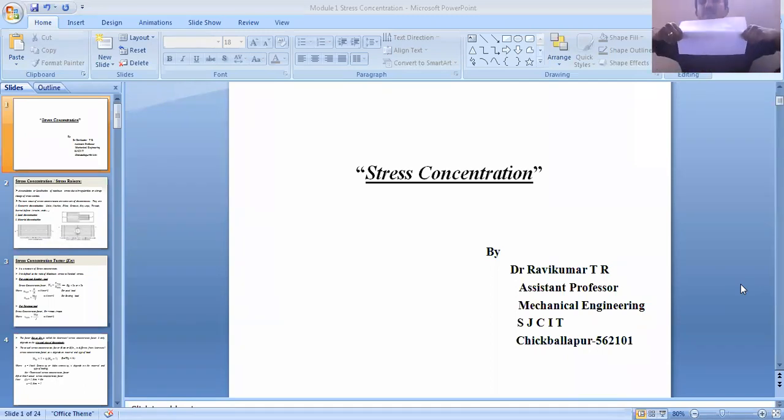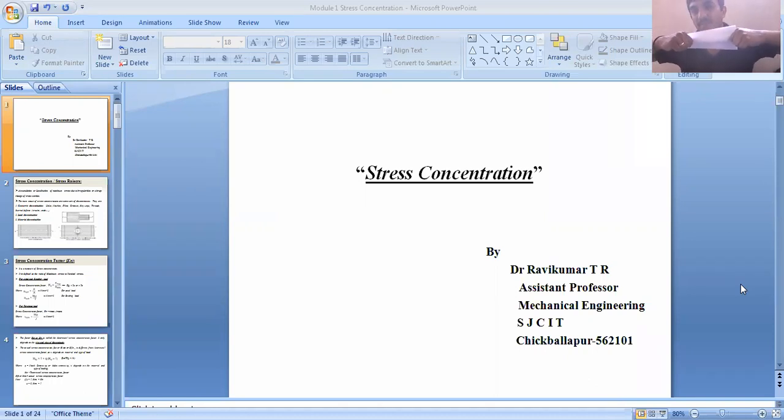If anybody tries to fail this sheet by applying a tensile load, see how much load is applied here to break the sheet, right? Similarly, take one more sheet, subject it to a hole, which means there is a geometry discontinuity. Earlier, the sheet had no discontinuity in the geometry. The geometry is continuous. Then if you apply a load on the member, more load is required to